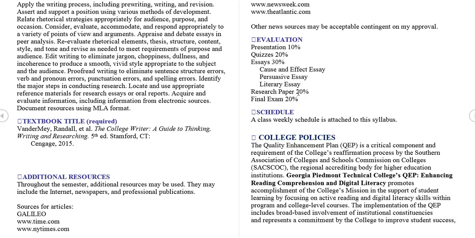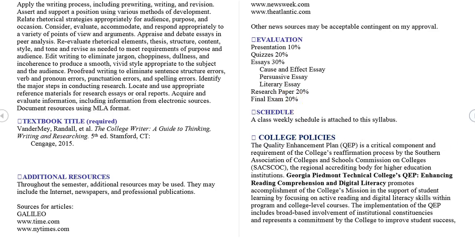You need to take a look at the research paper information weeks in advance before it's due, and you need to have that much time to complete the whole project and to break the project up into stages, such as formulating ideas, researching, drafting, revising, and all of that. So this is one of those projects that you cannot put off at the last minute if you want to pass it. And of course, at the end of the semester, you have a final exam that's worth 20% of